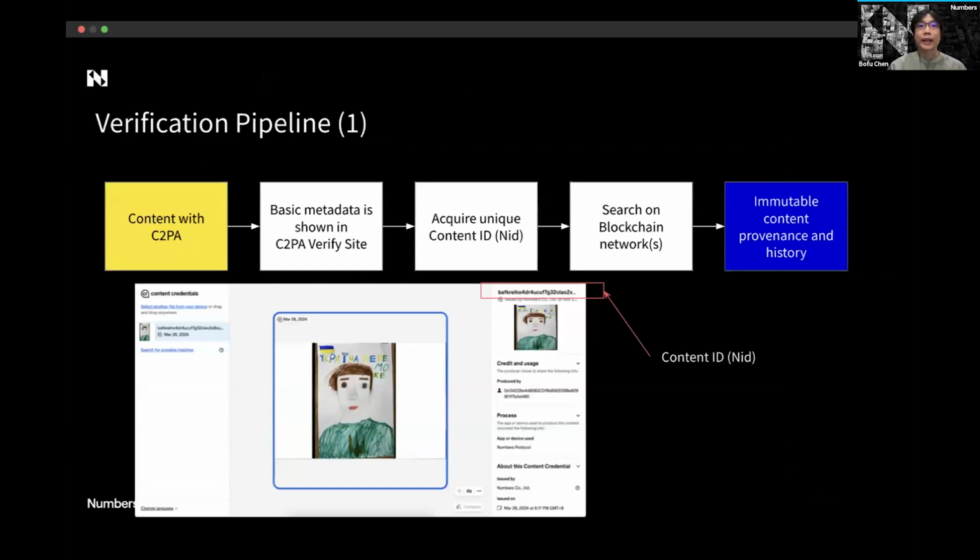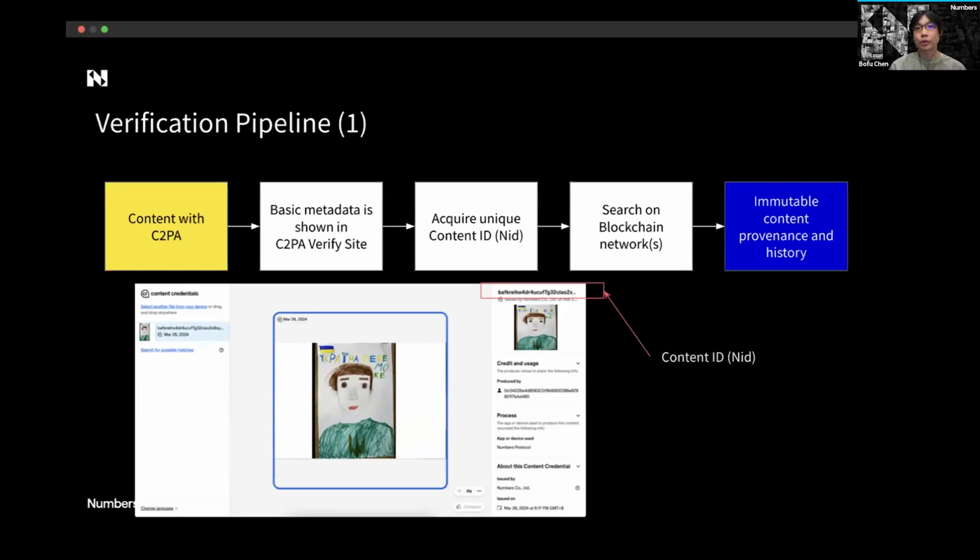So provenance metadata will not be useful unless it can be verified. So I will introduce two verification pipelines, one for content with C2PA and another for content without C2PA. For content with C2PA, users can upload content with C2PA to the C2PA verified site. The unique content ID, also called NID, will be shown at the top.